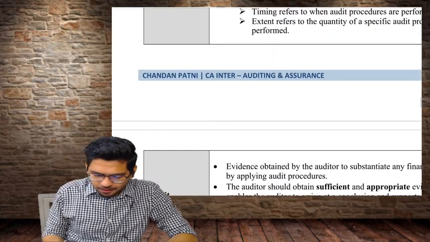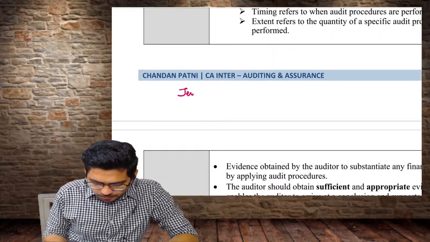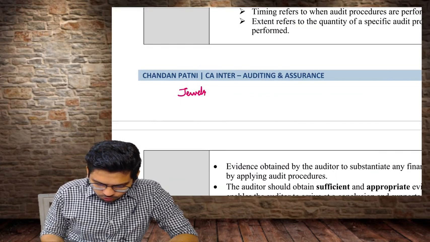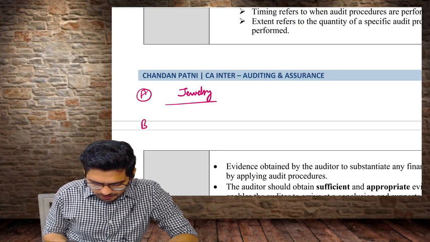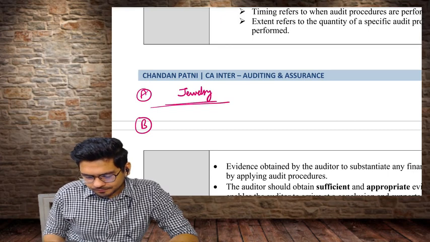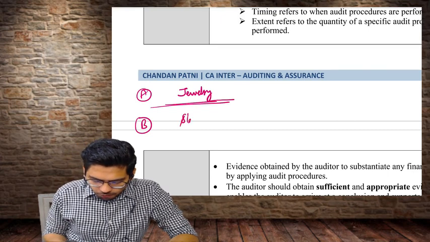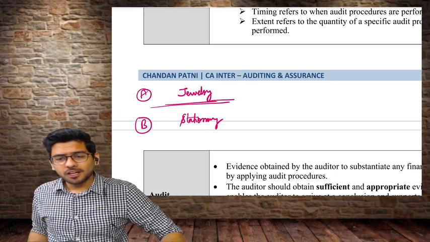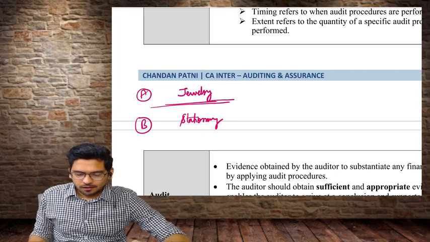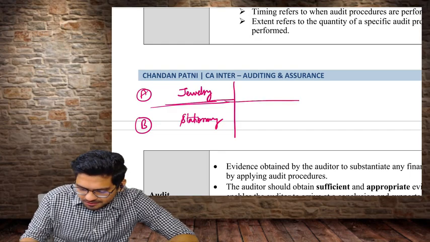take two examples. One is a jewelry business, business A, and let's say business B. They deal in stationery, office stationery. Okay, now, out of these two businesses,